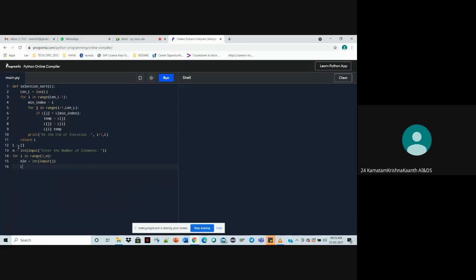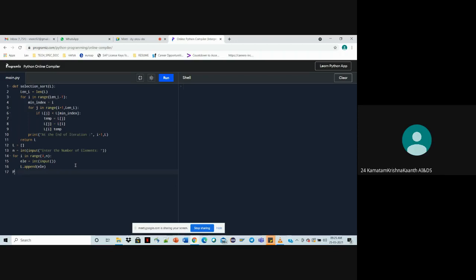Now we are going to call the append function. Append element: we are going to add the elements to the list. That is what this function does. Now we don't have to print the list here. There is one last thing that we have to do.